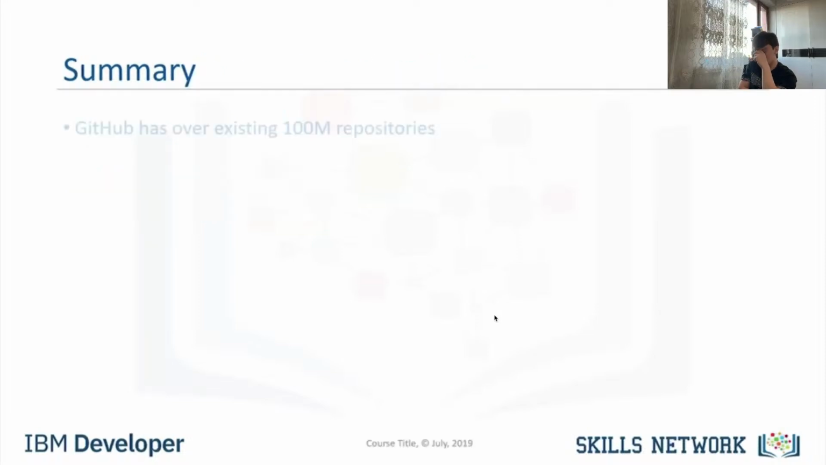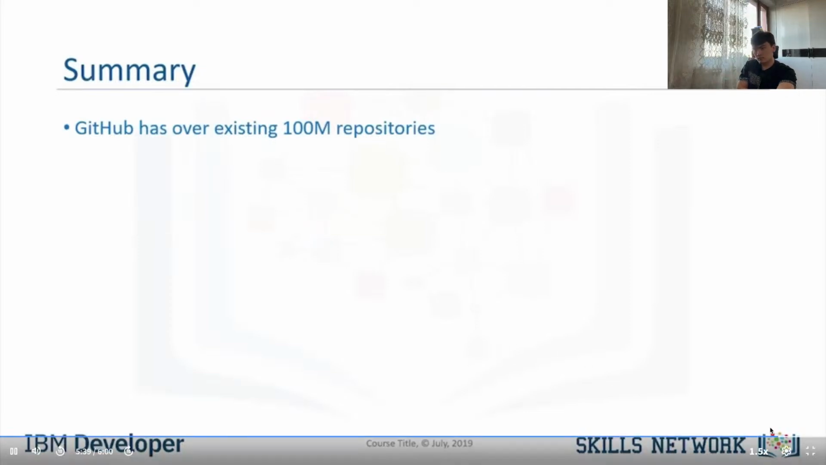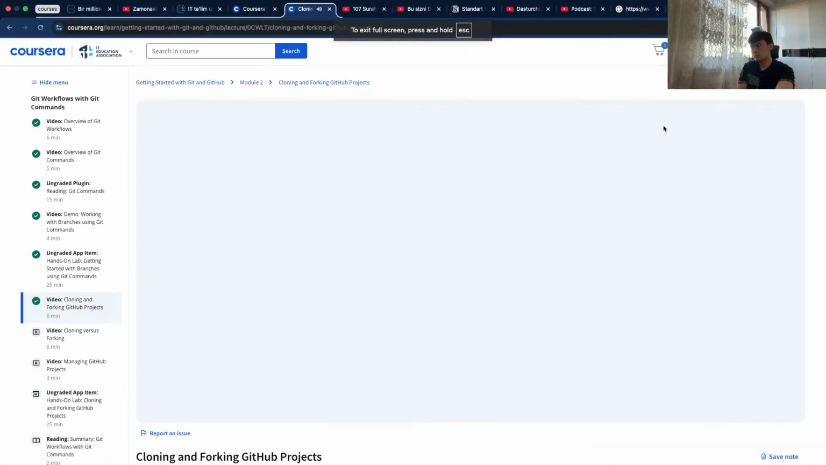In this video, you learned GitHub has over 100 million existing repositories that you can use. You can clone a repository to copy it to your local machine and sync changes back to the original repository. You can fork